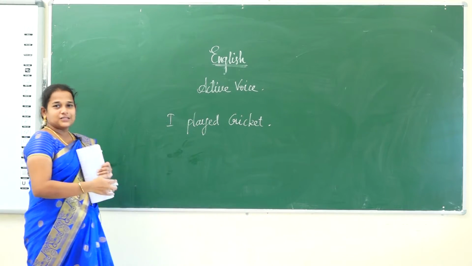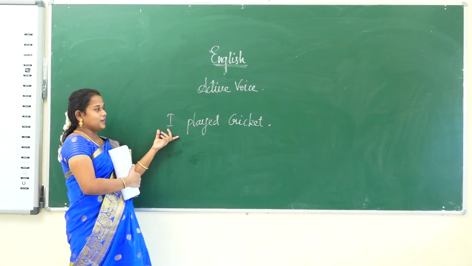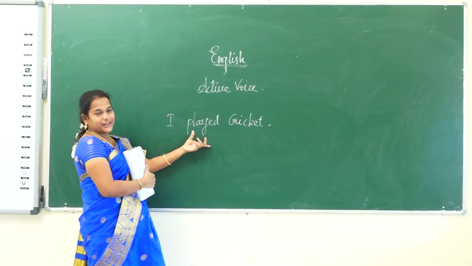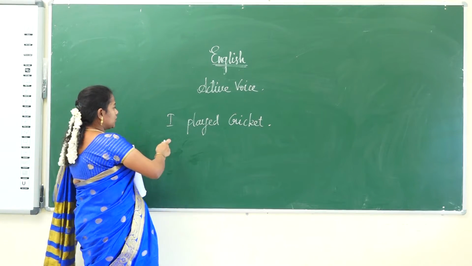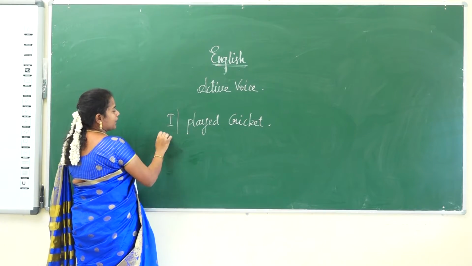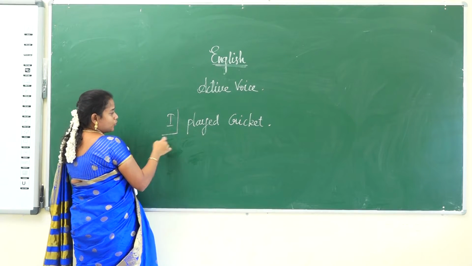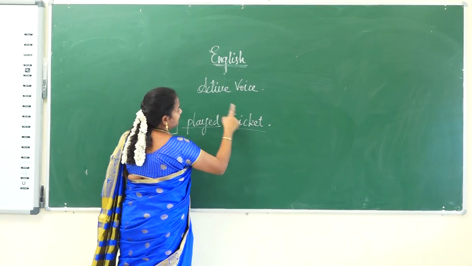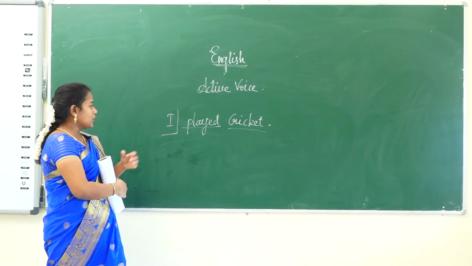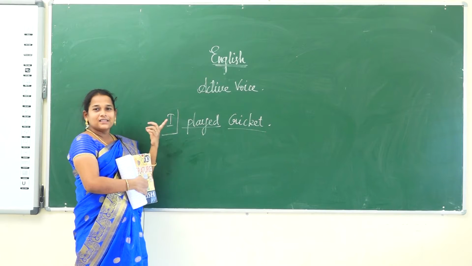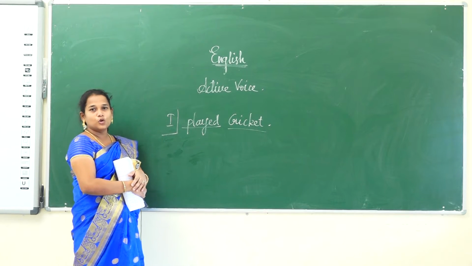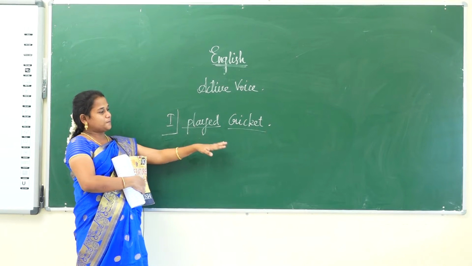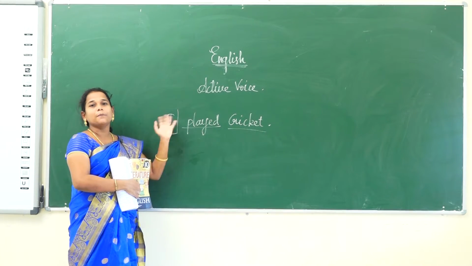First and foremost, we have to understand what is the pattern of the sentence. It is SVO. Okay. So, here who is the doer? I is the doer. What is the action? Playing. What is the receiver? Cricket. What they played, cricket. So, if a doer does the action, that is called active voice. If the action was done by the doer, that is active voice. If the action was done to the doer, that is passive voice.